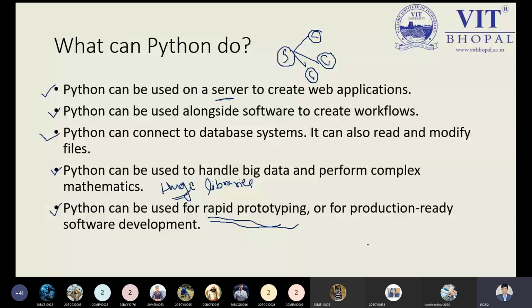So this is prototyping. Actually, this is the name of a system model, rapid prototyping. It is a name, okay, so you can put it in double quotes. Okay, sir. Thank you. Another name you can say is production-ready system development, or software development.